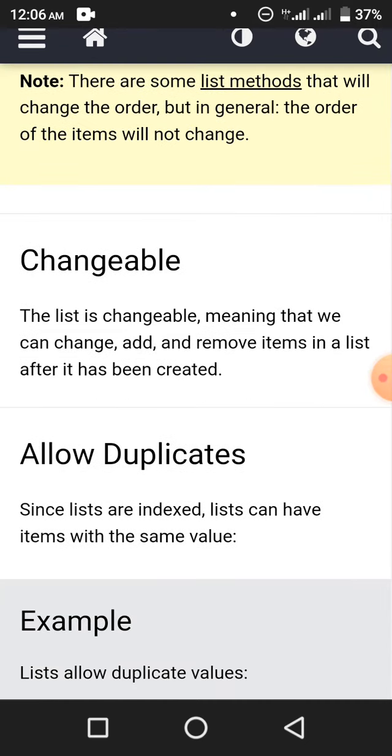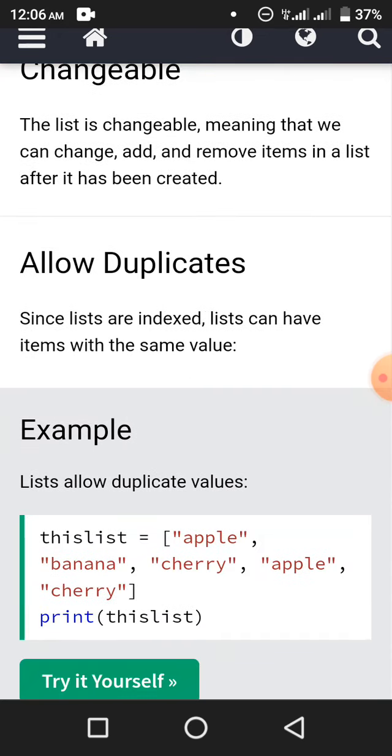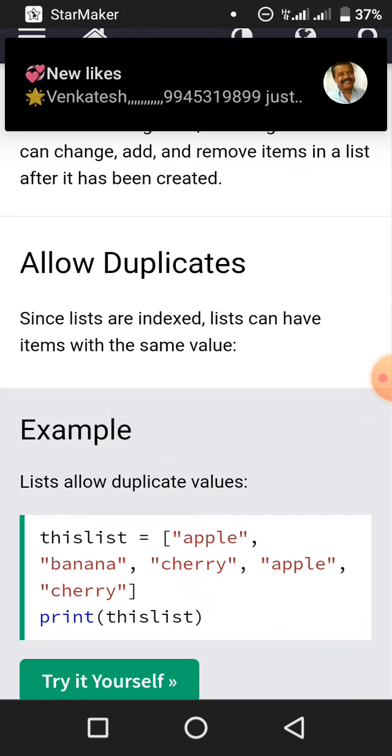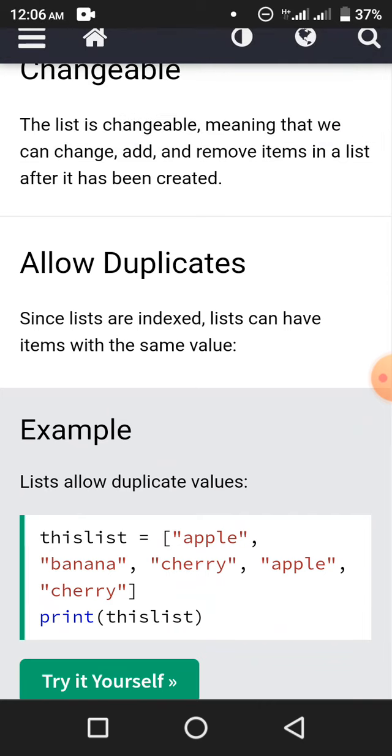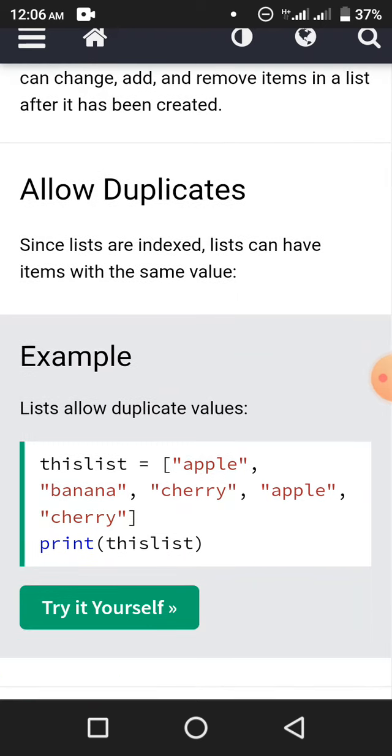Now changeable, what do they mean by this? The list is changeable, meaning that we can change, add and remove items in a list after it has been created. Allow duplicates. Since lists are indexed, lists can have items with the same value. Okay, so what is the difference if two or more items have the same value? The difference lies in their index position. No two items in a list can have the same index position because lists are ordered. Okay,